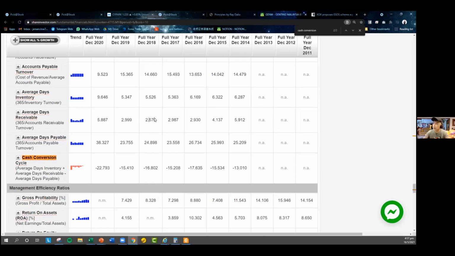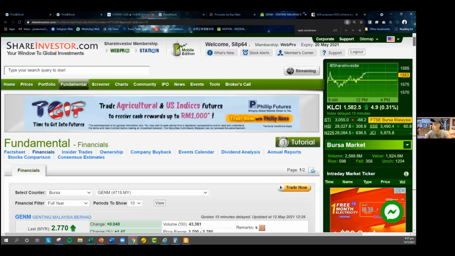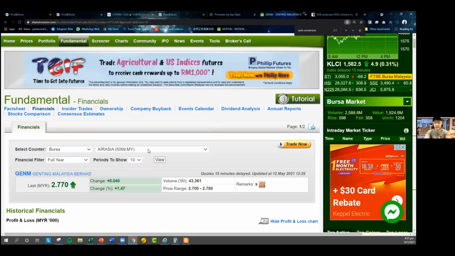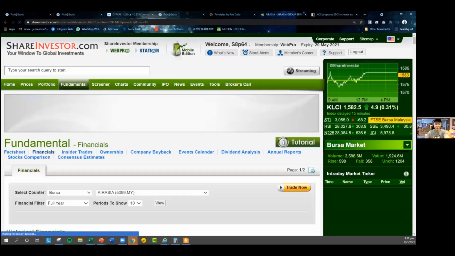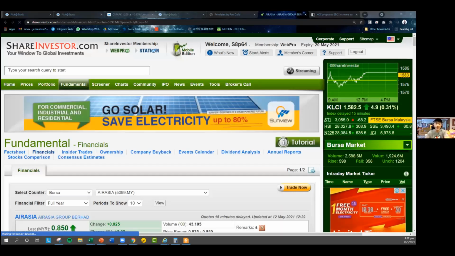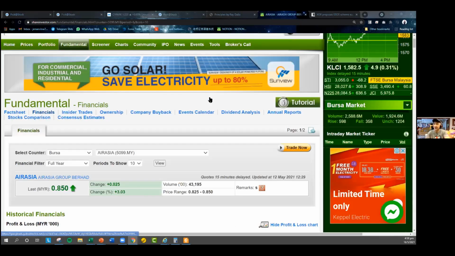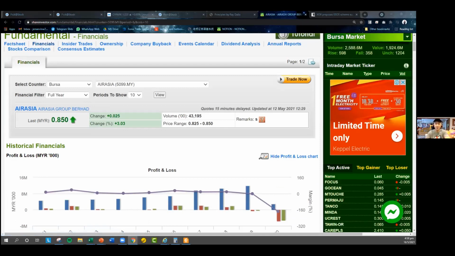Now this is an interesting one. Can someone please guess what is happening to Airasia? Can someone guess? Negative or positive right now? What do you think is happening to Airasia? I want you guys to guess. Think about it. You must have taken Airasia before. You must have at least gone to their website. You have at least flown before. What are they doing right now? Can someone please share a bit of your experience? Are they doing well?